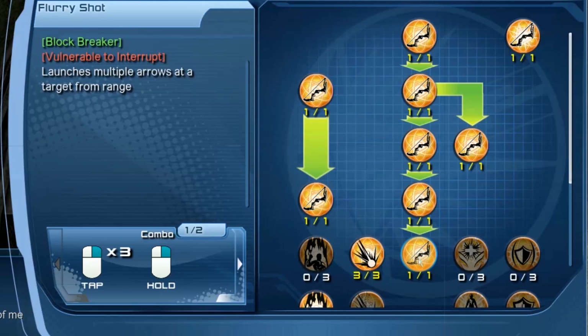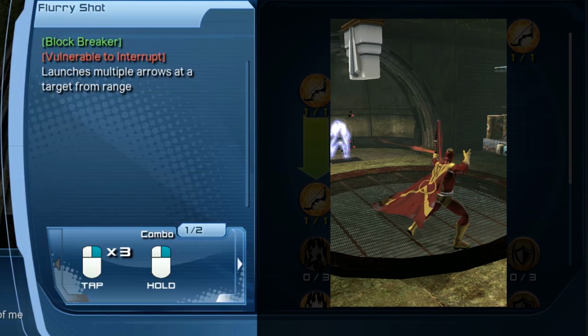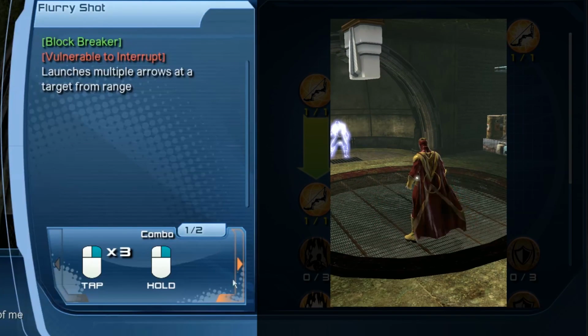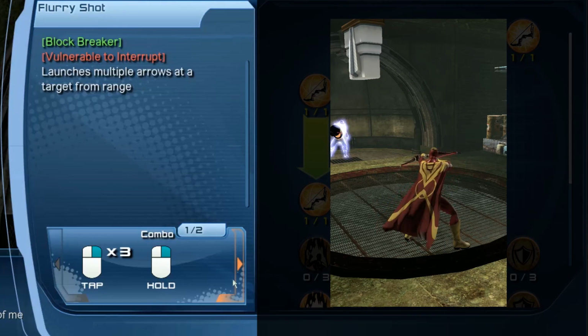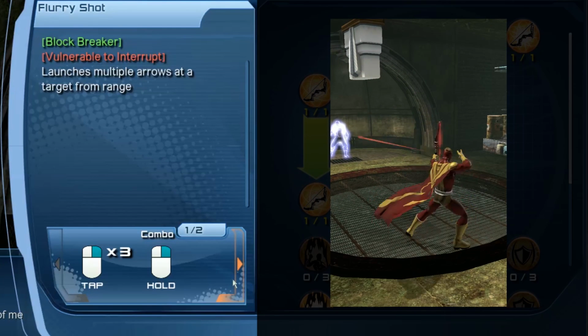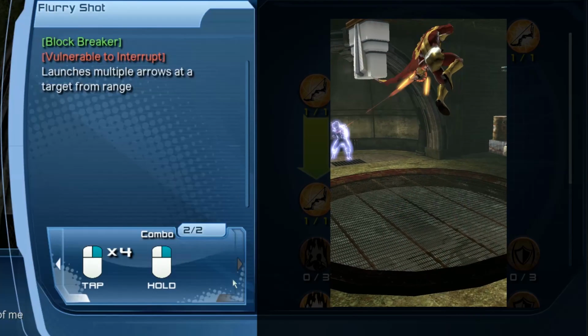And then finally, you're going to get Flurry Shot. This is a block breaker. There are 2 ways that you can do this maneuver, 2 different combos. The first one is you're going to tap melee 3 times and then hold melee, or you can do this